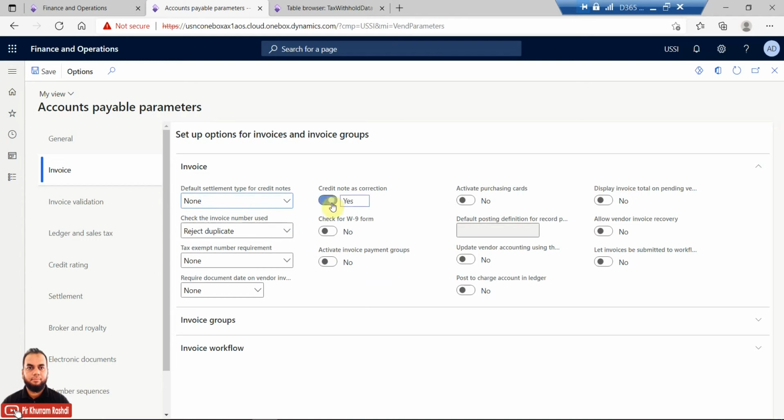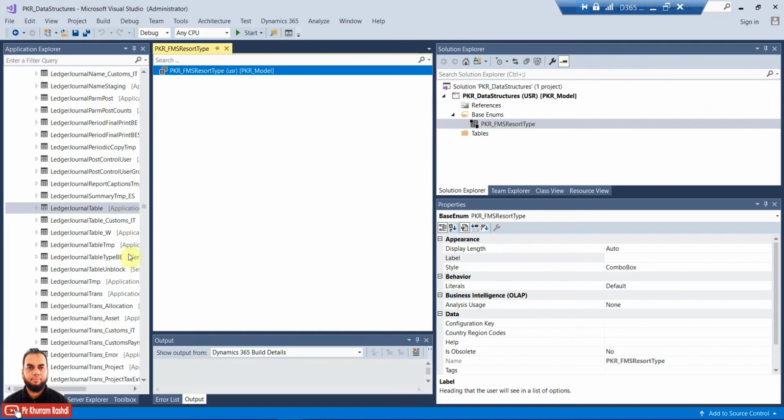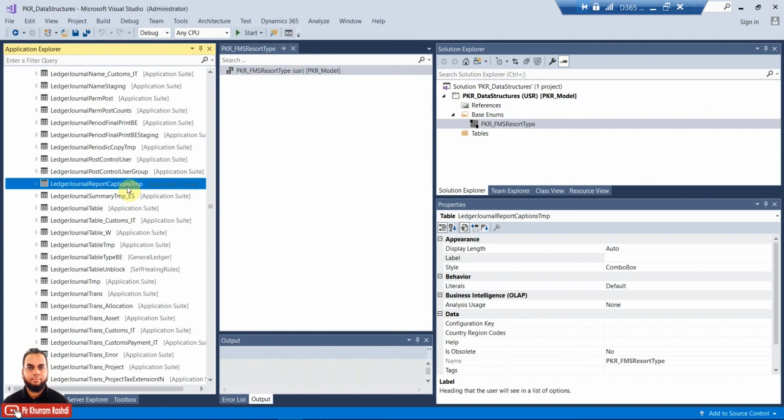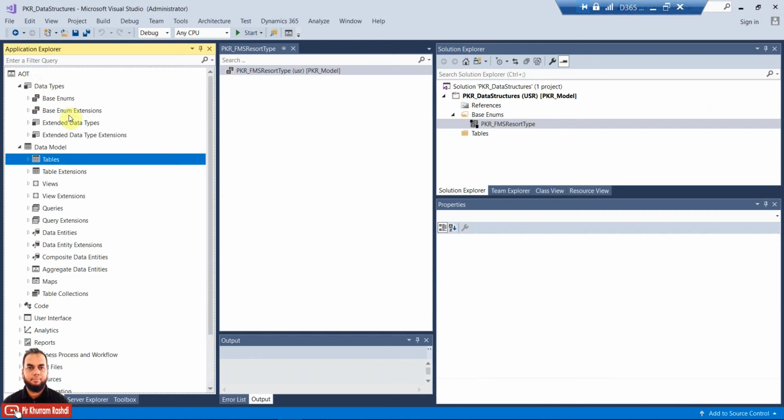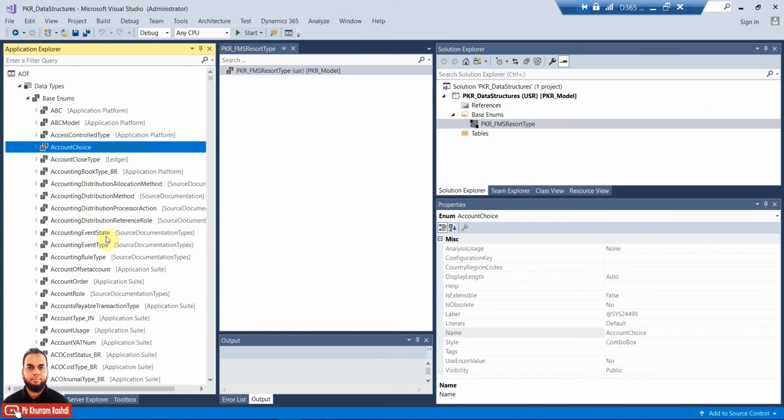And this one is also a base enum. It is having a value of no and yes. So basically, an EDT can extend a base enum, and in this case the base enum is 0 and 1, or no or yes. So these two values are there. I will show you. If you go to the data type node in AOT, in the base enum you can just type here